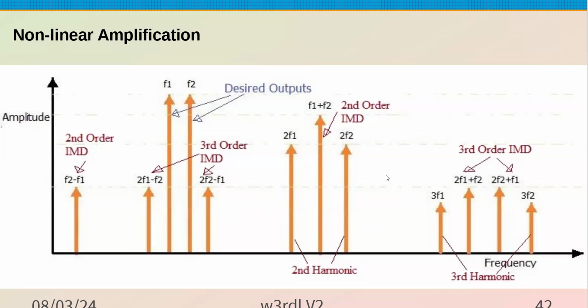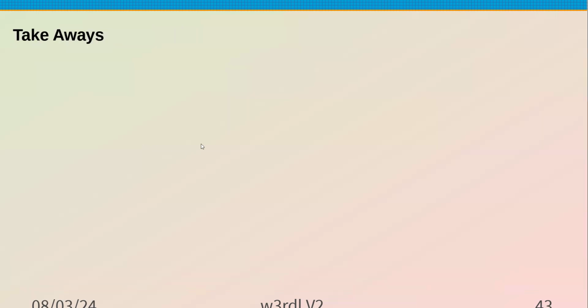Second order is down here. Third order is over here. These are the two that you really have to worry about. And I think I lied. I think there's a formula coming up. But not yet. But there is one. Because you have to know 2F2 minus F1 and 2F1 minus F2. It's very confusing, but